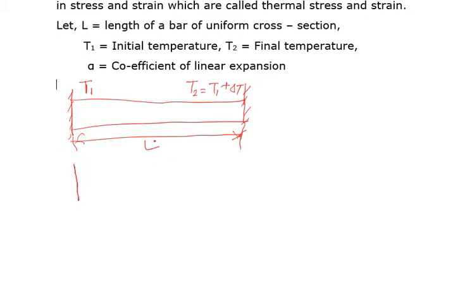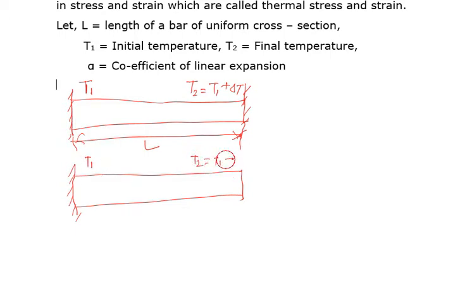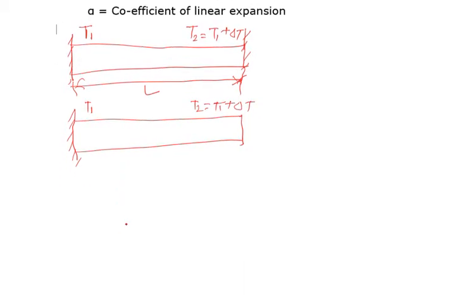Suppose this is fixed at left hand side, correct. This is fixed at left hand side. Initial temperature was T1, final temperature T2, so T1 plus delta T, correct. So when there will be an increase in temperature,